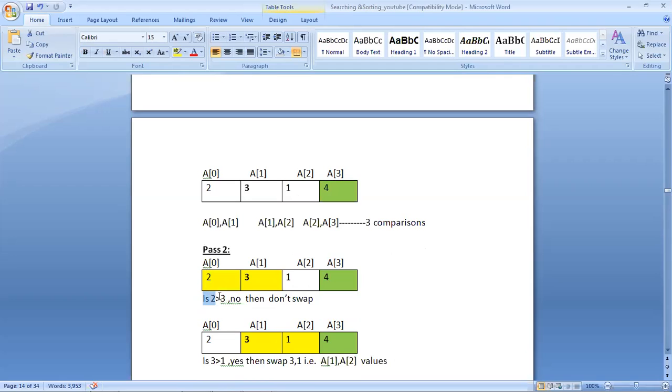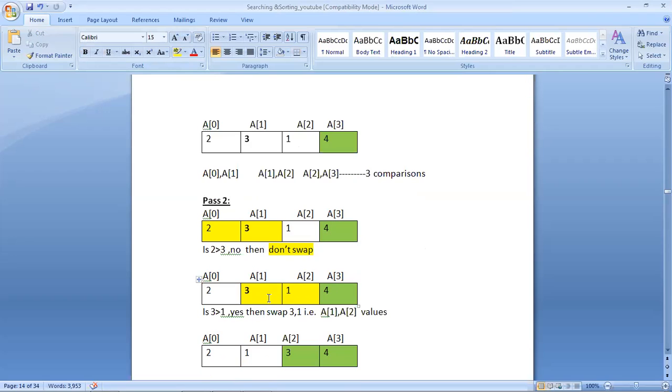We check: is 2 greater than 3? No. That means 2 and 3 are already in ascending order, so don't swap. If the values are already in ascending order, there is no need to swap. Now